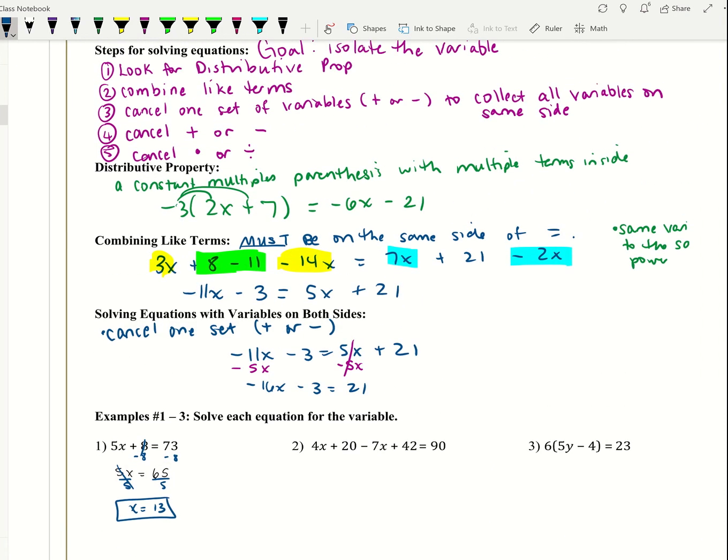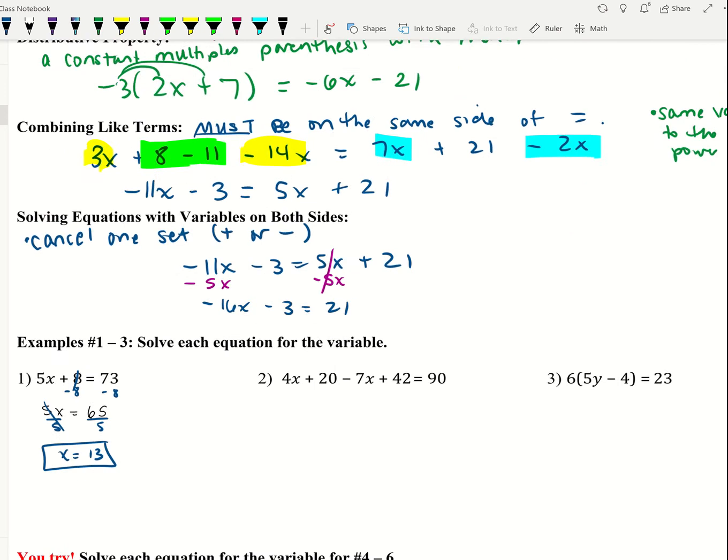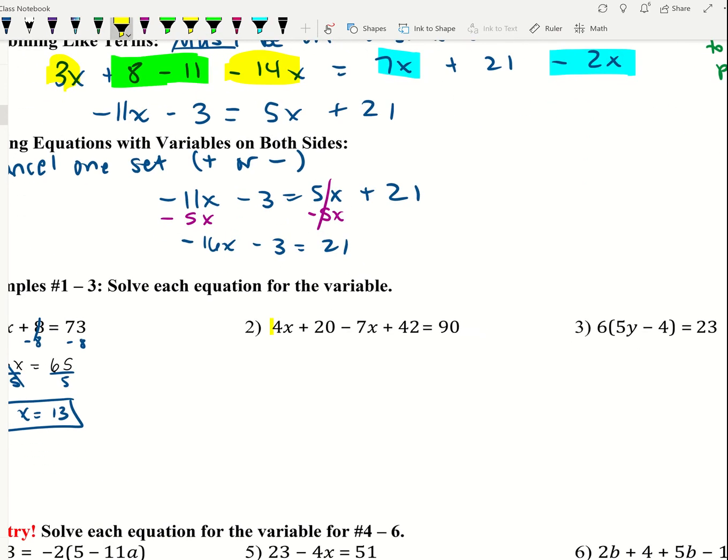Going in order. First, I would look for the distributive property, which there is none. Then I would combine any like terms, which I do have like terms that are on the same side. I'll combine the 4x and the minus 7x. 4 minus 7 is negative 3x. And then I will combine the 20 and the 42. 20 plus 42 is 62. And that equals 90. I'll now work on solving the equation, so I'll subtract 62 from both sides, rewrite,